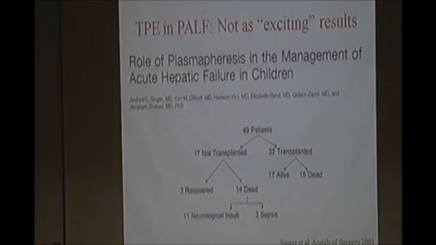But are these results applicable to pediatric ALF, or have they been replicated? There are no studies as such. Now this is just an observational study. I will not read much into it, because out of 49 patients who received plasmapheresis, only 3 survived with the native liver. Most of the patients in this group were transplanted, so they were probably a very severe group of patients.